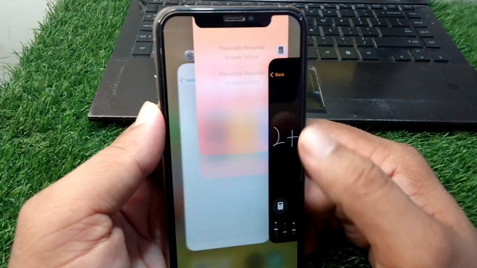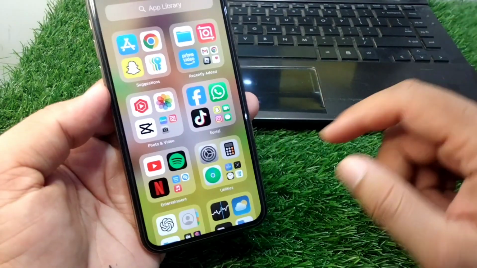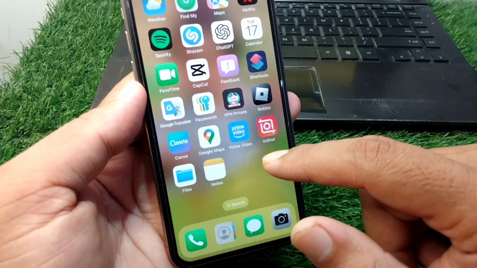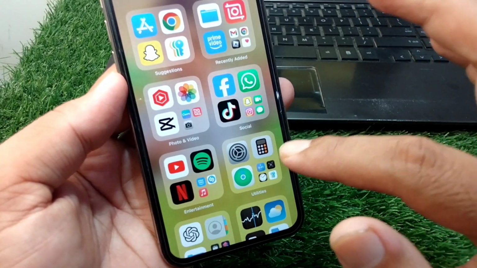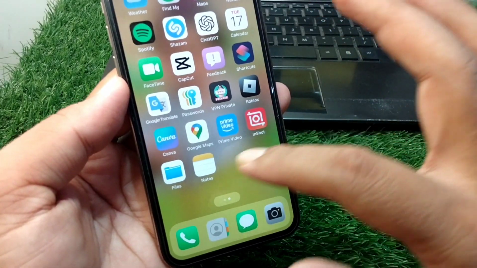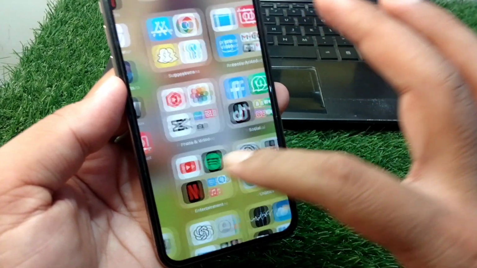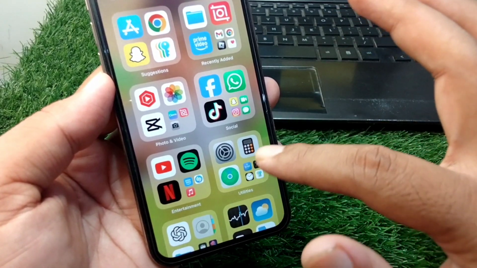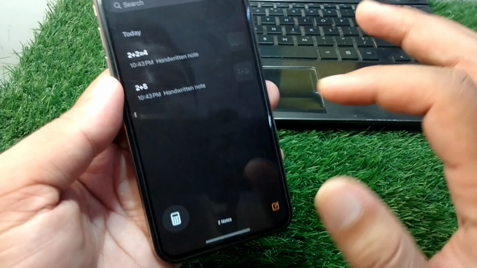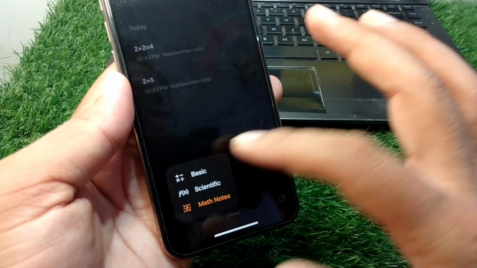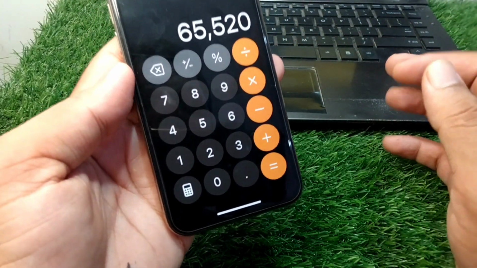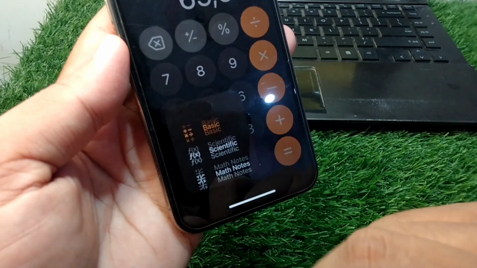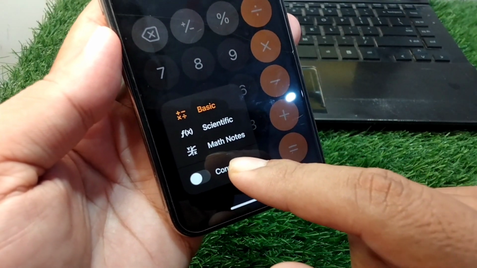First of all, you have to simply close all the windows, and then you must have the Notes app in your device as well as the Calculator app. So guys, simply download and install the Notes app and the Calculator app in your device, and after this you have to simply open your calculator, and once you go to your calculator, you have to simply tap on this calculator button again. So guys, here you can see this, tap on this, and then you have to simply tap